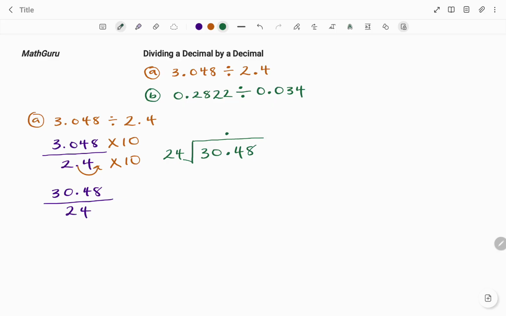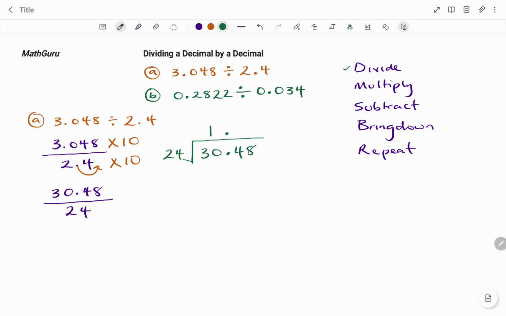Before I start dividing, I'm going to place my decimal point in the same location at the top, and then using my long division, I have divide, multiply, subtract, bring down, and then I repeat the process again. So starting with the whole number, I can't divide 3 by 24 because 3 is less than 24, so I'm going to take the whole number 30. If I have 30 divided by 24, that means how many groups of 24 do I have in 30? That will be 1. So I write my 1 at the top, and then I go to the next step,